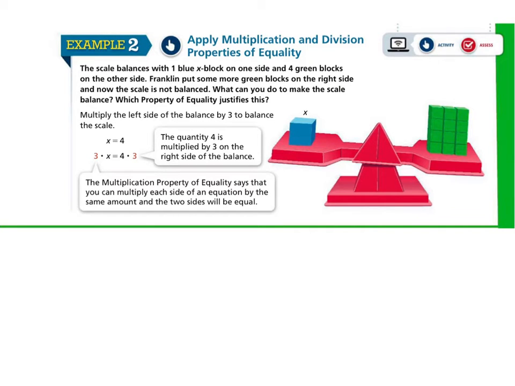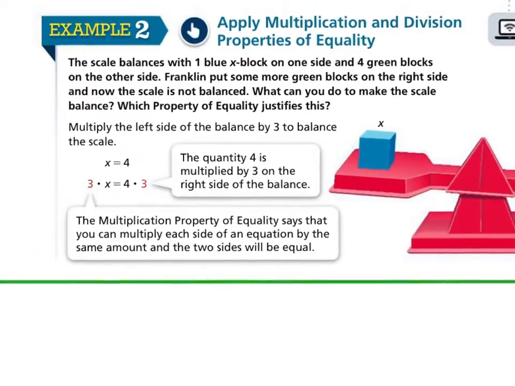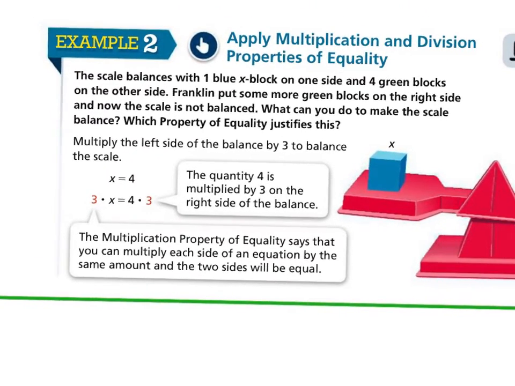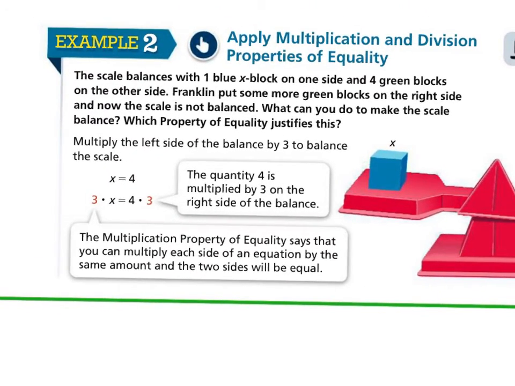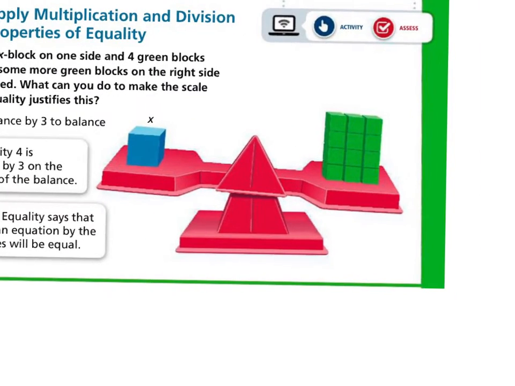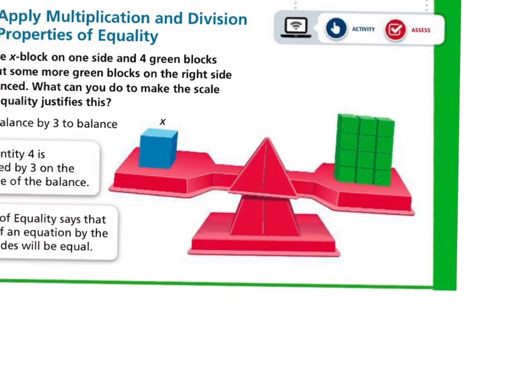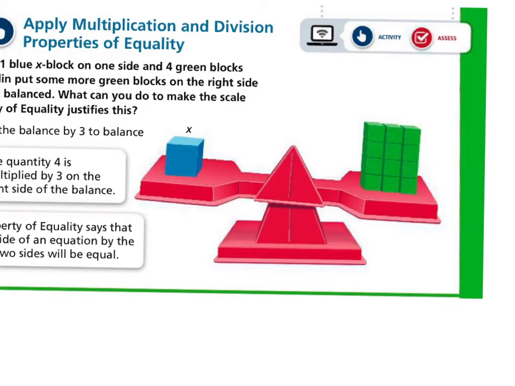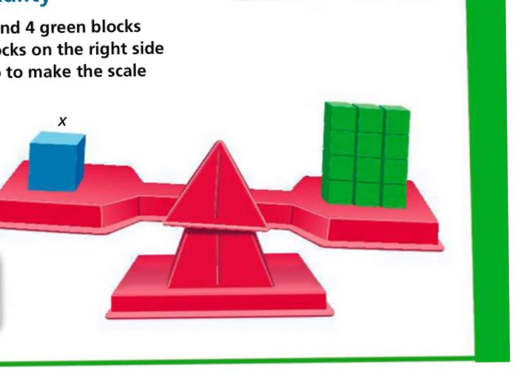Example 2, the scale balances with 1 blue X block on one side and 4 green blocks on the other side. Franklin put some more green blocks on the right side, and now the scale is not balanced. What can you do to make the scale balance, and which property of equality justifies this? So if they said there were 4 green blocks over here,